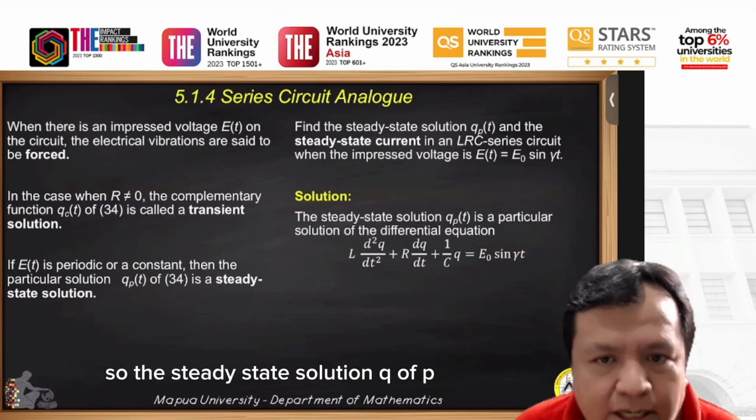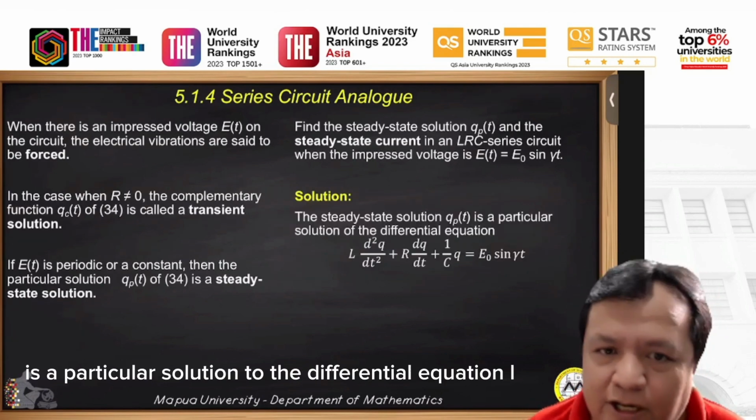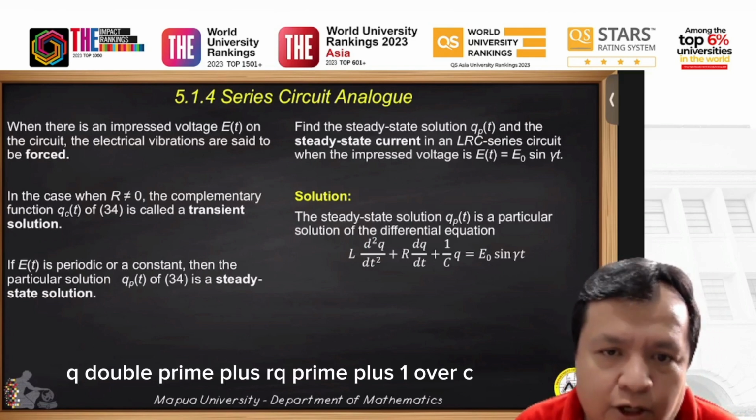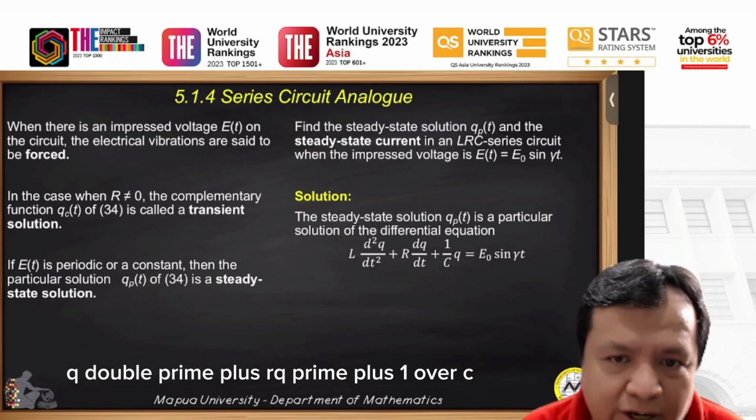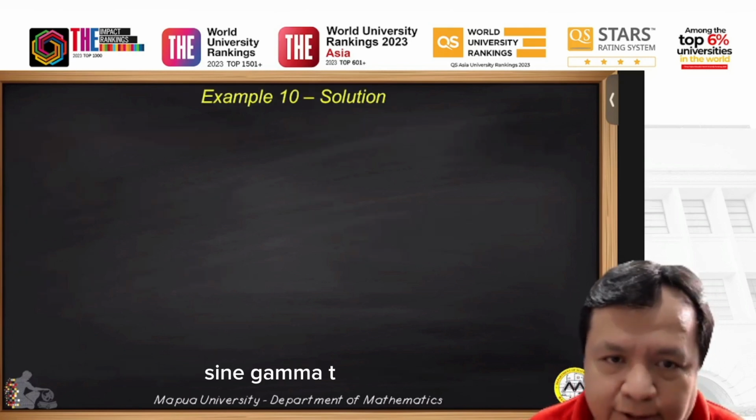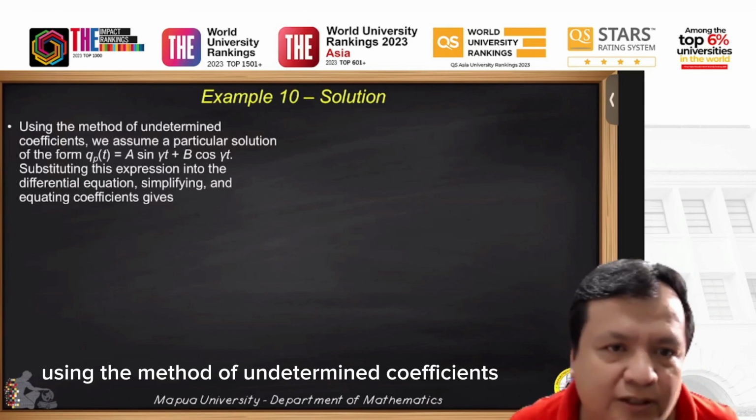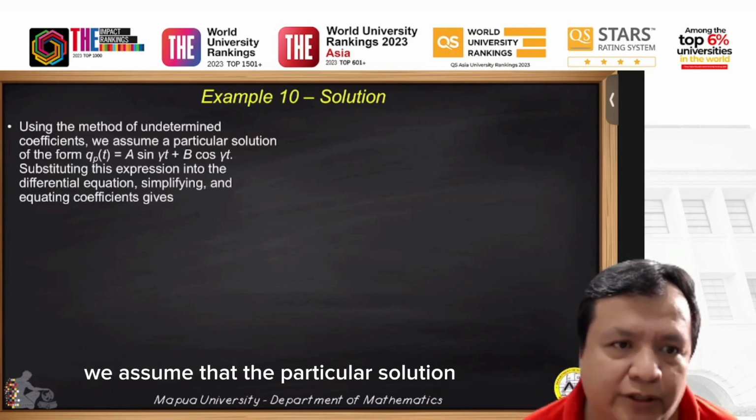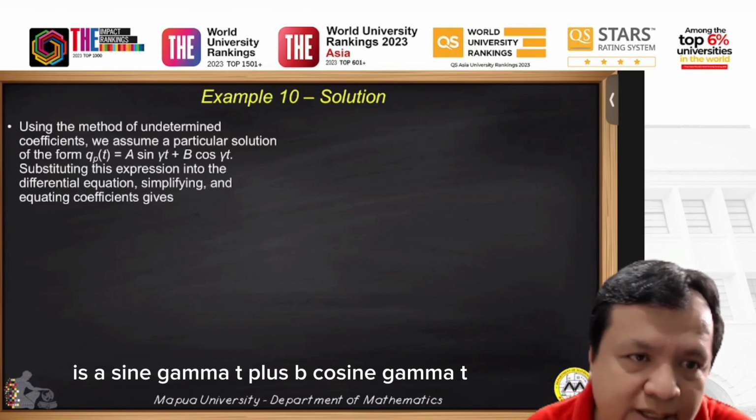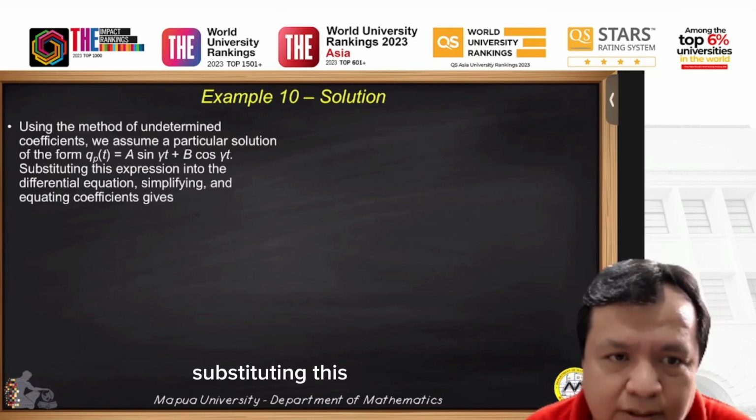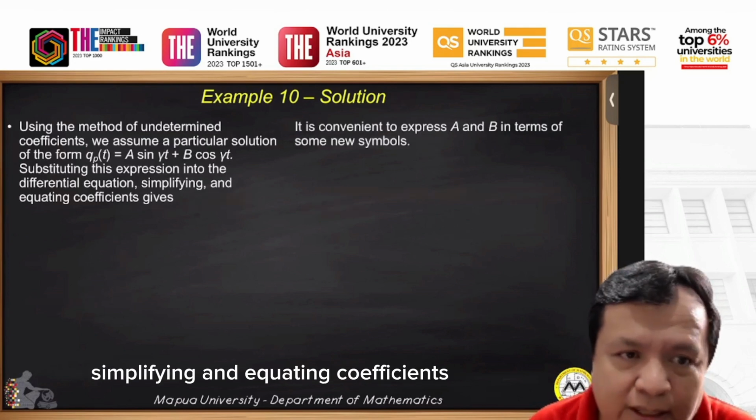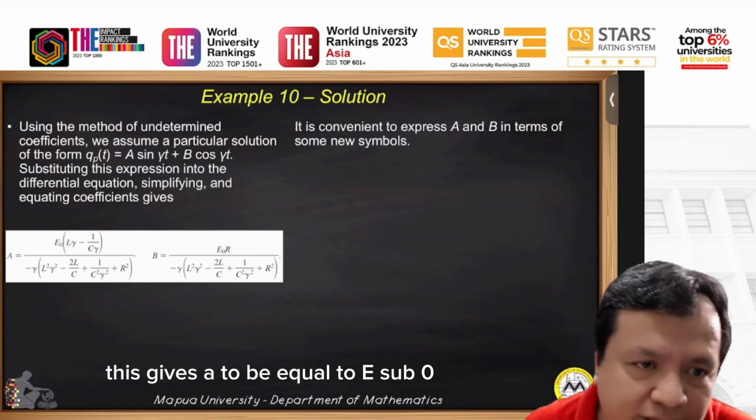So the steady state solution Q sub P is a particular solution to the differential equation Q double prime plus R Q prime plus 1 over C Q is equal to E sine gamma t. Using the method of undetermined coefficients, we assume that the particular solution is A sine gamma t plus B cosine gamma t. Substituting this expression into the differential equation, simplifying and equating coefficients, this gives A to be equal to